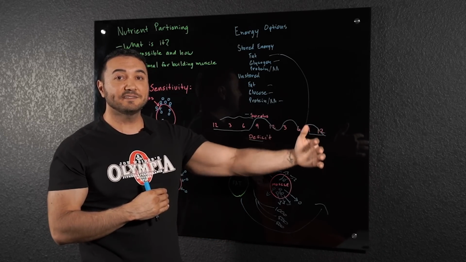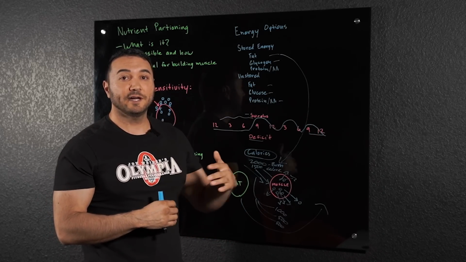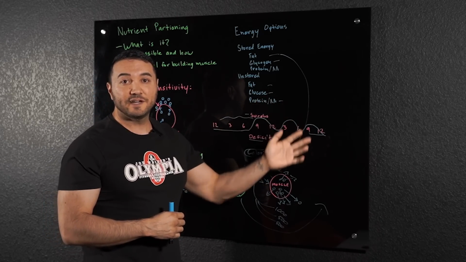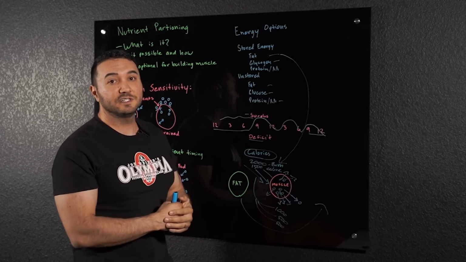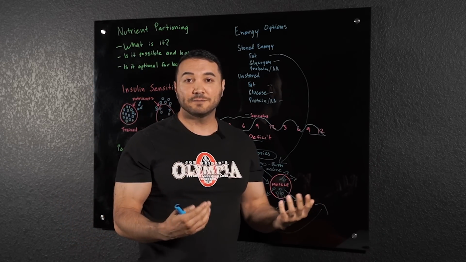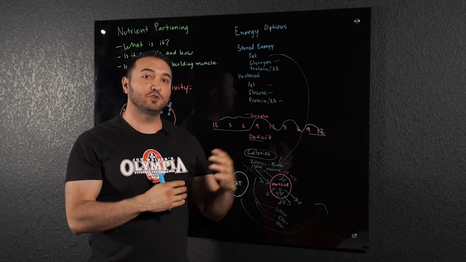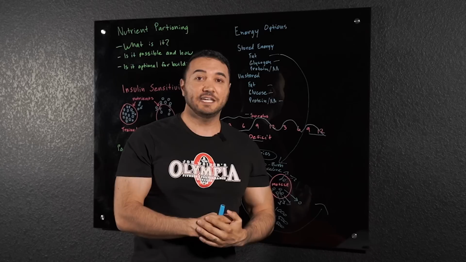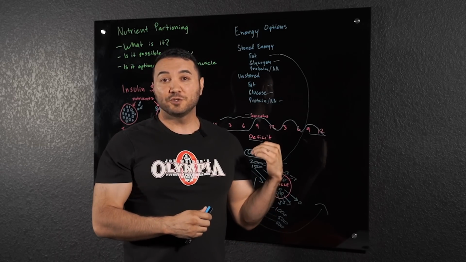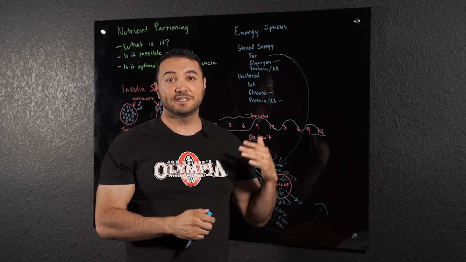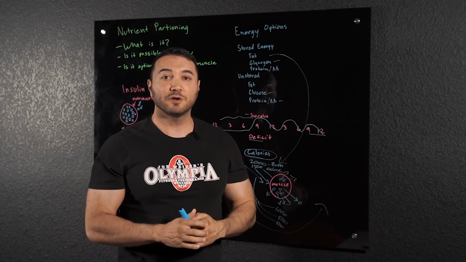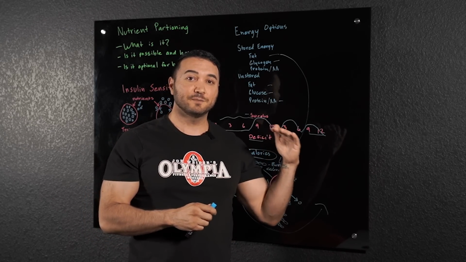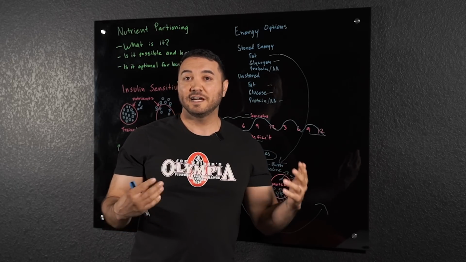If you're anything past that and you have 20 or 30 pounds plus to lose, I would say focus purely on gaining muscle while losing fat and going through a recomp using nutrient partitioning as your way of doing that. Don't have the deficits be too great, because it does get harder the greater the deficit. If you're very, very lean and you're trying to build muscle while doing nutrient partitioning and while being in a deficit, probably not the best scenario for you. I would probably bump that up to maintenance calories at minimum, maybe just a few percentage points above your maintenance, and that would probably be the ideal circumstance.